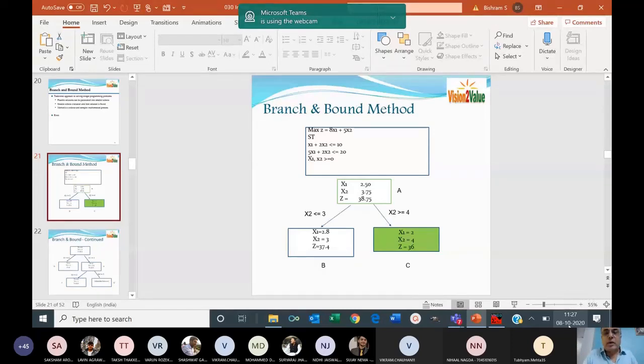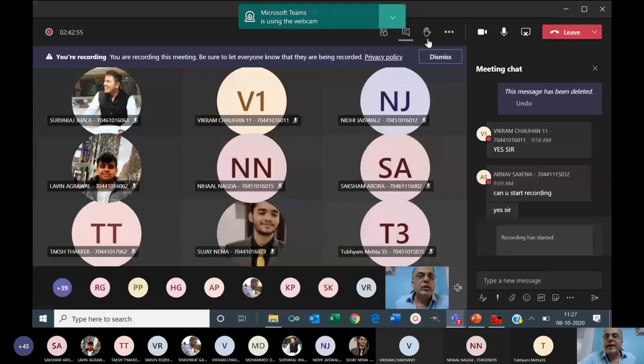So to sum up branch and bound: we take an LP problem and slowly go on expanding by adding new constraints. For that, we choose the variable which has the largest fractional portion. Then we develop two constraints around it, one at the lower end, that variable less than or equal to, and the other at the upper end, greater than or equal to, and go on expanding and solving by adding these constraints to the previous LP problem till we achieve an integer solution. That is what is called branch and bound. I hope you all have understood this method. Is that okay? Yes, sir.